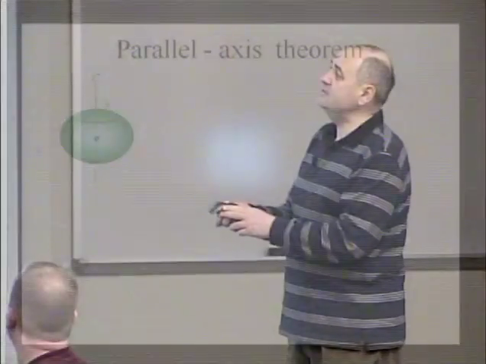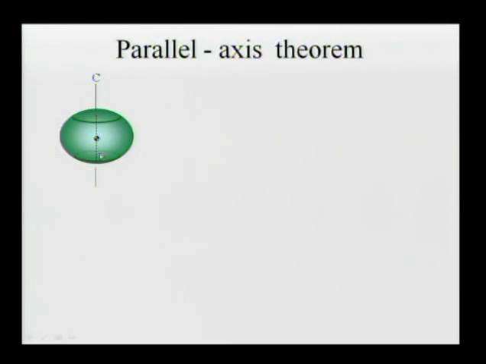If you know the moment of inertia of an object about the center of mass, then you can easily find the moment of inertia about a parallel axis. I mean, if you know the moment of inertia about an axis passing through the center of mass, you can quickly find the moment of inertia about any other parallel axis. Well, the derivation for it is, let's say that I have another axis. I know the moment of inertia about axis C, and I want to find the moment of inertia about axis A. So from the definition,